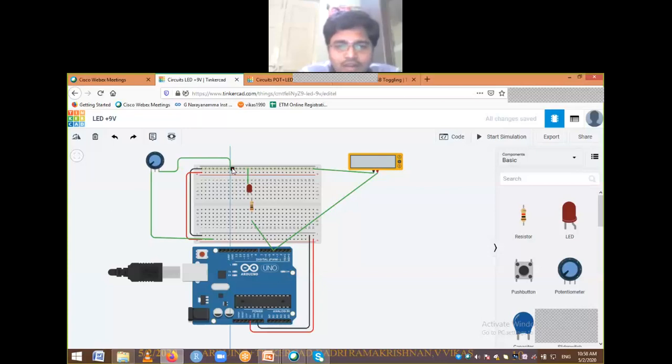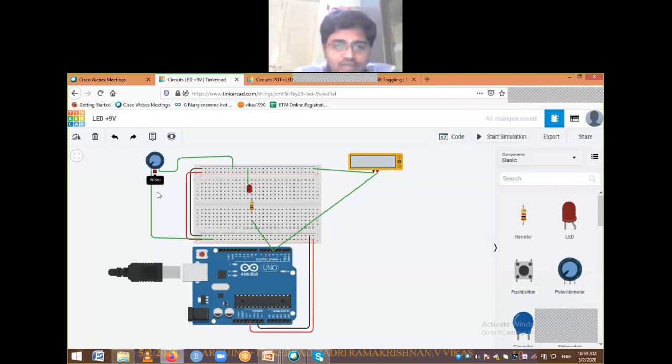Okay, I can also drag this one. Anyway, I gave that one, and this one basically I want to read what is the voltage we have from this potentiometer.